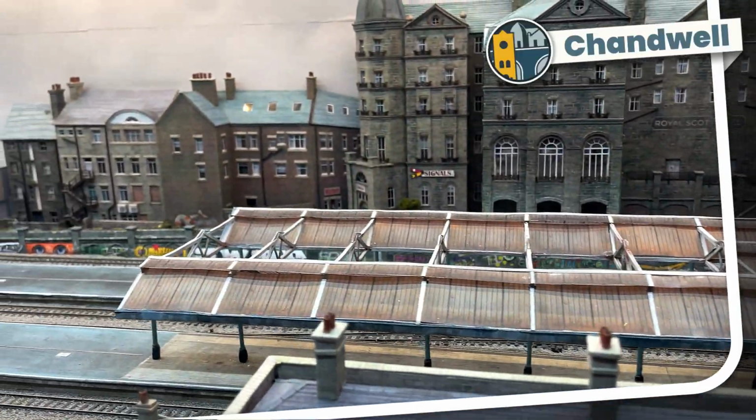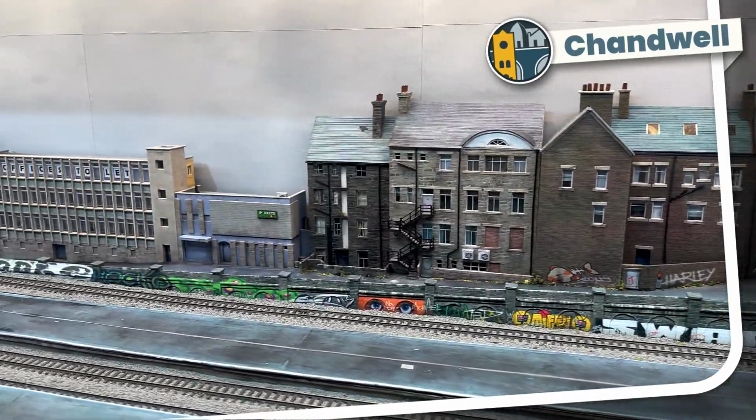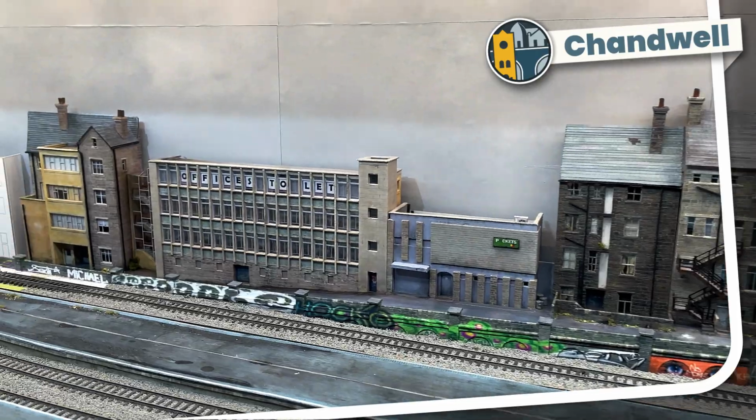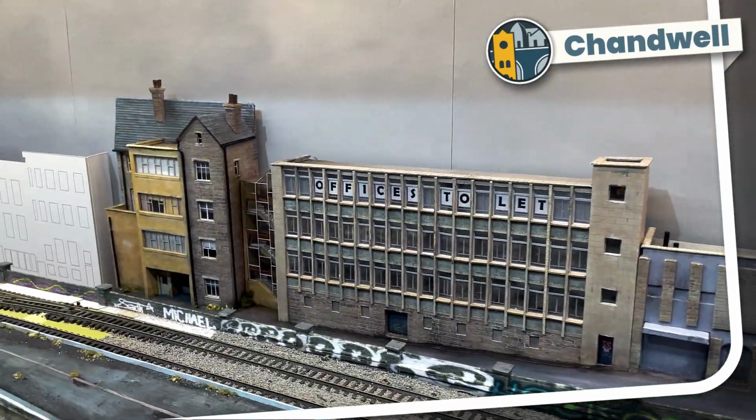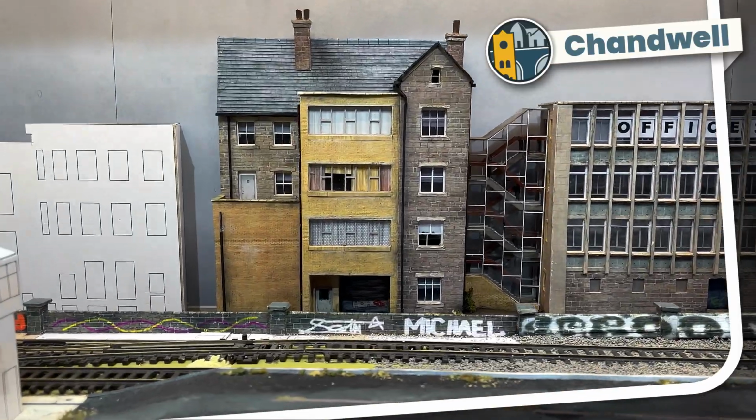Welcome to Chandwell. My name's Michael and I'm building the back of a commercial street behind my station. I've finished planting the building that Liam from the Deansbury Town channel made for me. In this video I'm going to show the little details that I added to help it bed into the back